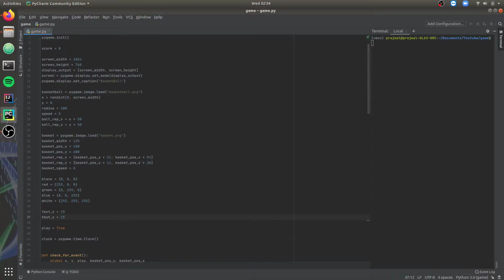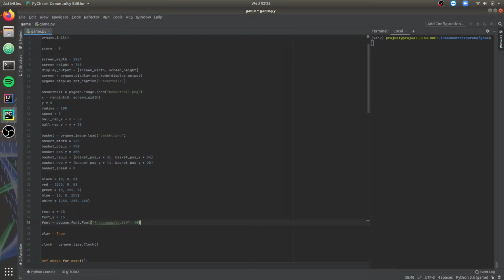Now that that's done, we need to load a font. Free Sans Bold is the font which comes pre-bundled with Pygame. So we'll be importing that into the variable called font. But if you want to import other fonts, you can just download a TTF file of the font and place it in the folder where your game.py is located. Let's keep the font size as 40.